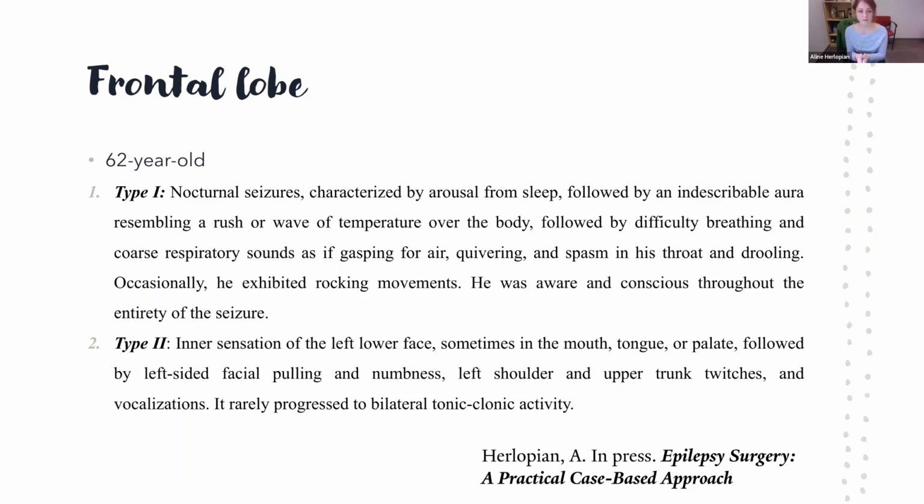The second manifestation is inner sensation in the left lower face, sometimes in the mouth and the tongue, and then he gets left-sided facial pulling, left shoulder and trunk twitches, and rarely progresses to bilateral tonic-clonic activity. Localization is, again, contralateral, which is the right-sided lower face, and then it marches upward gradually, following the homunculus, and goes from the face to the arm to the shoulder area,